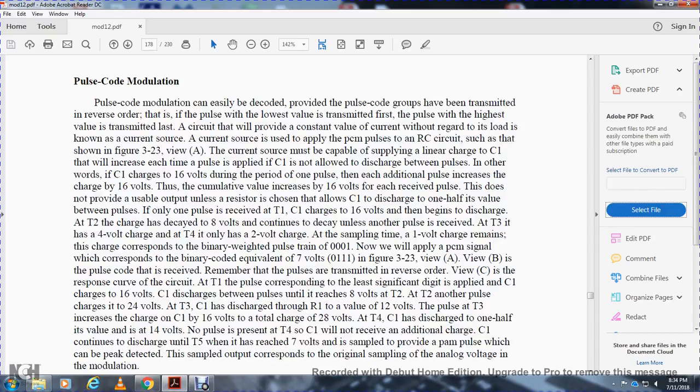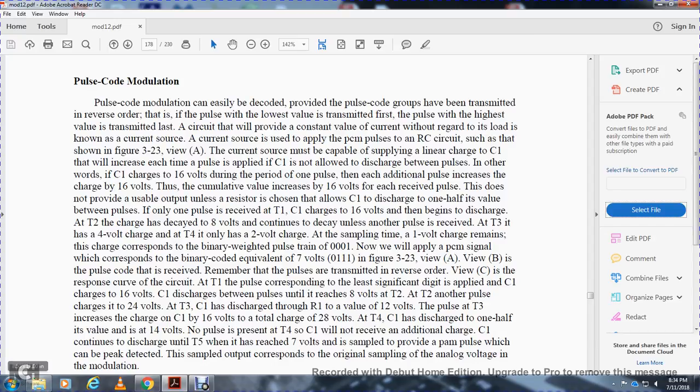Transistor 3: capacitor 1 discharges through resistor 1 to a value of 12 volts. The pulse at transistor 3 increases the capacitor charge on capacitor 1 by 16 volts. The total charge is 28 volts. Transistor 4: capacitor 1 discharges half the value, to 14 volts. No pulse. At transistor 4, capacitor 1 will not receive additional charge, and capacitor 1 continues the discharge to transistor 5, where it will reach 7 volts,